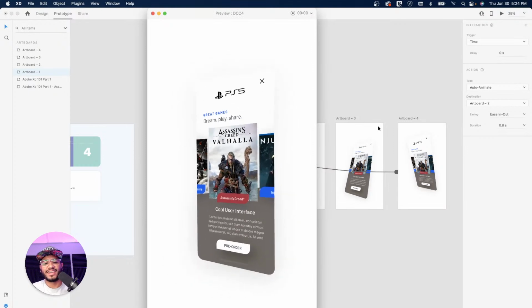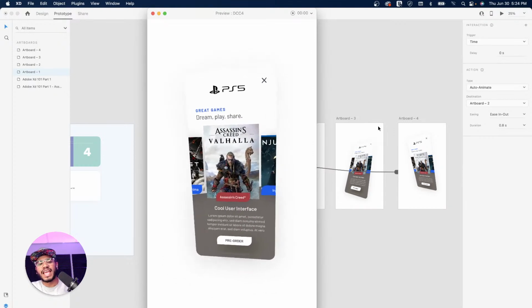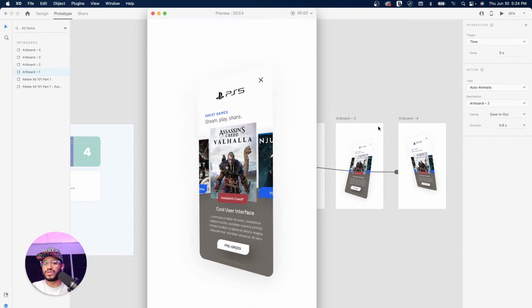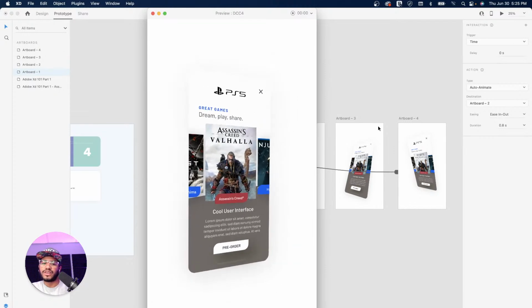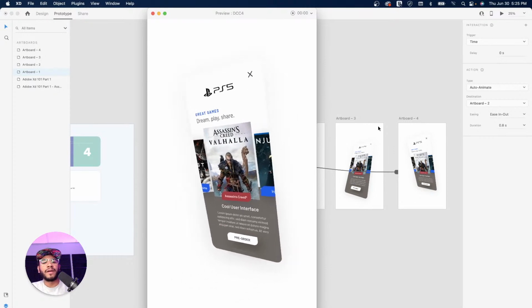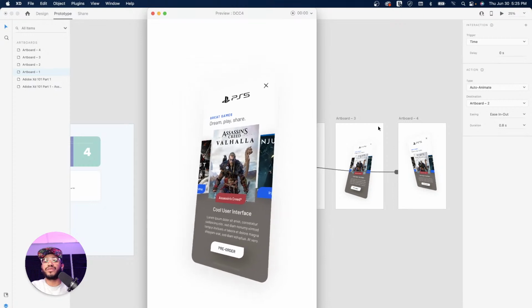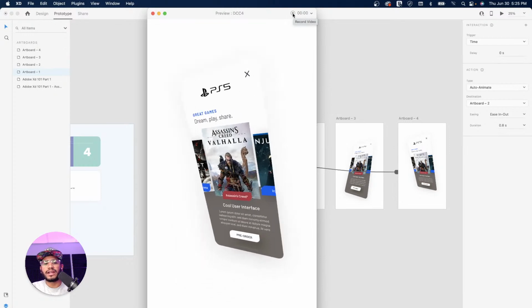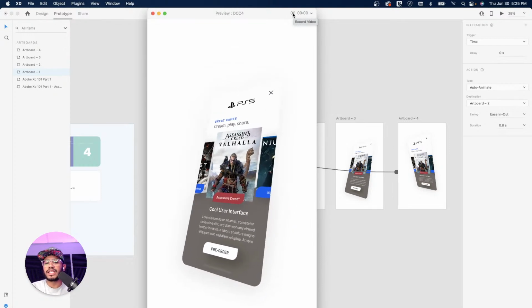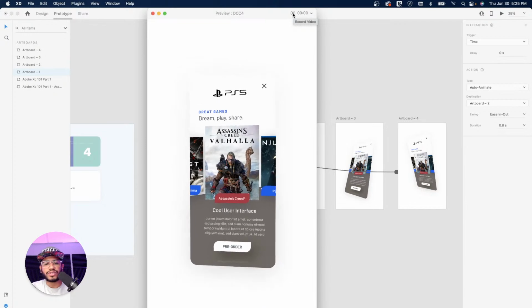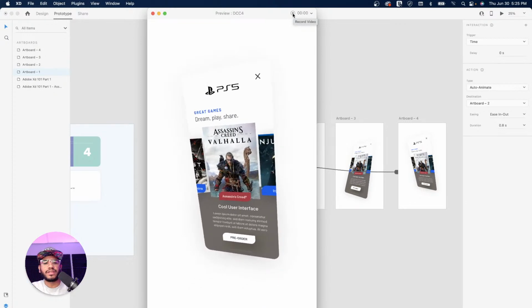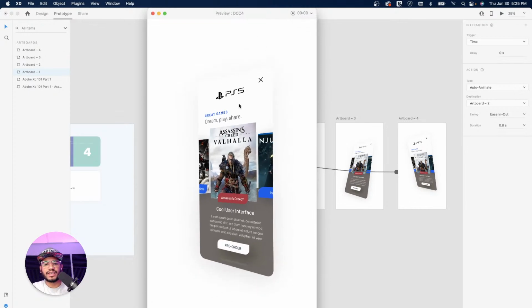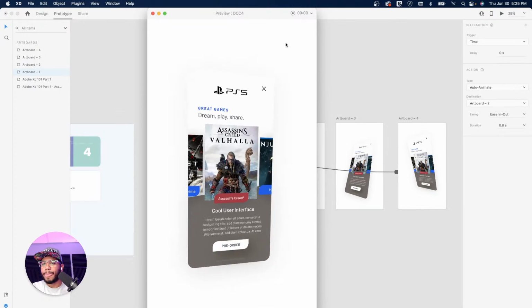Woo! Look at that. So this is a non-stop animation that you can definitely do with Adobe XD, using 3D transforms, moving things around left and right, top and bottom. Also, you can record this if you want to here, and you can record this kind of little micro animation and send it to your developers or stakeholders or other designers just to get thoughts and approvals and stuff like that. And yeah, that's pretty much it for today's